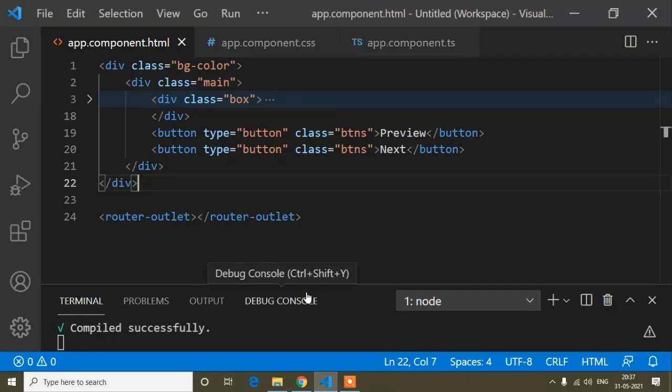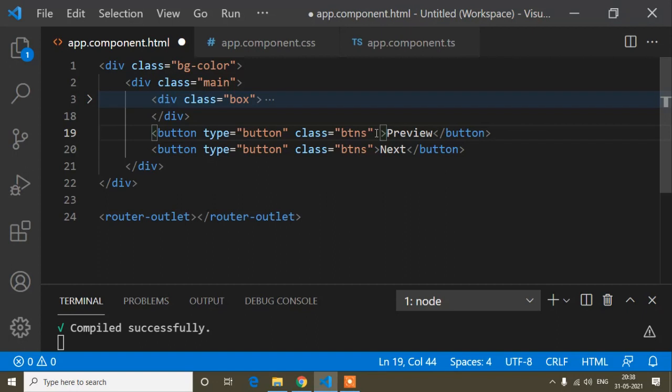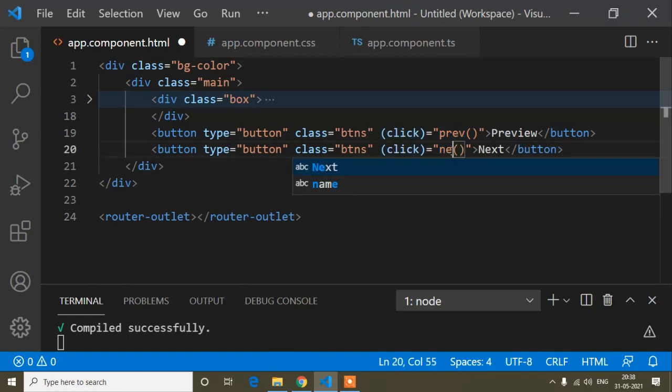So for that, guys, when I click this preview and next button, I have to write the click method. So click, and the method name you can write anything. Here I will write the method name preview, and I will copy this method name from here and paste here, and this method name I will write here next.